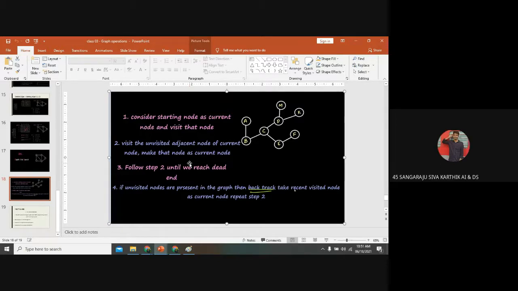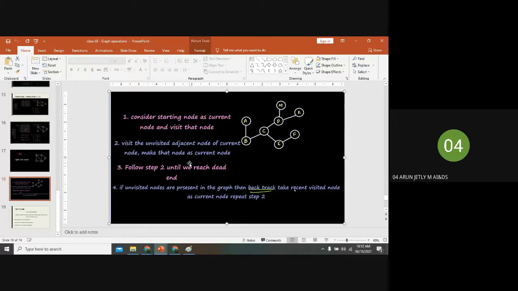Then what is the second point? Just study that point and give me an explanation. Visit the unvisited adjacent node of current node.